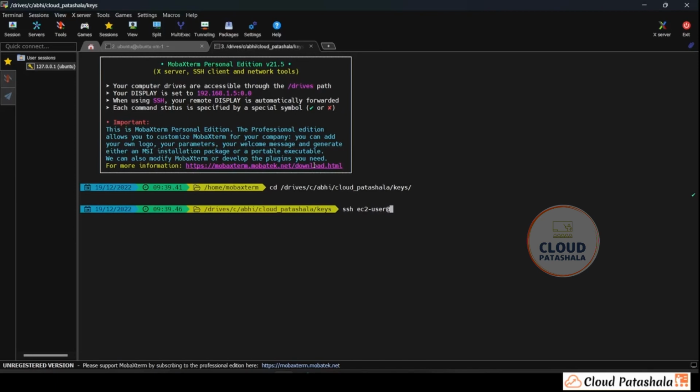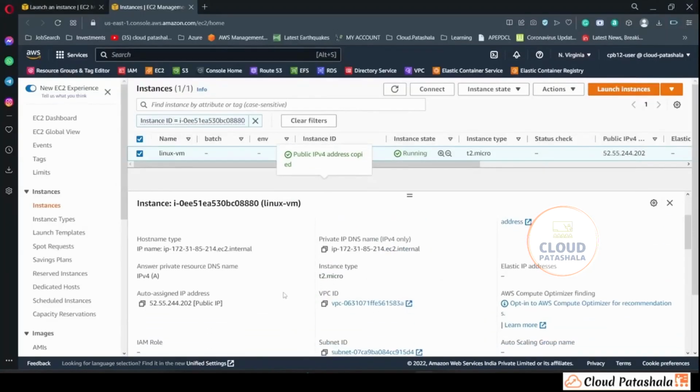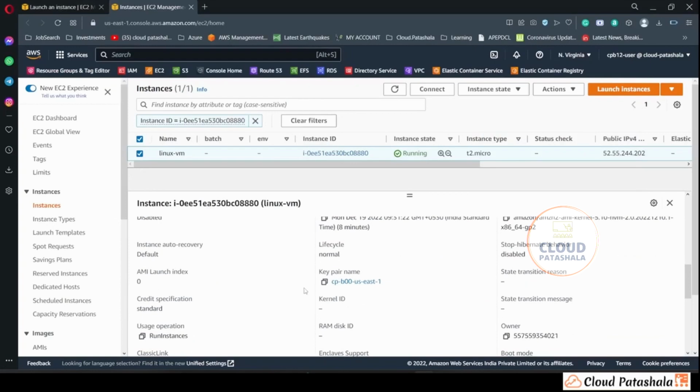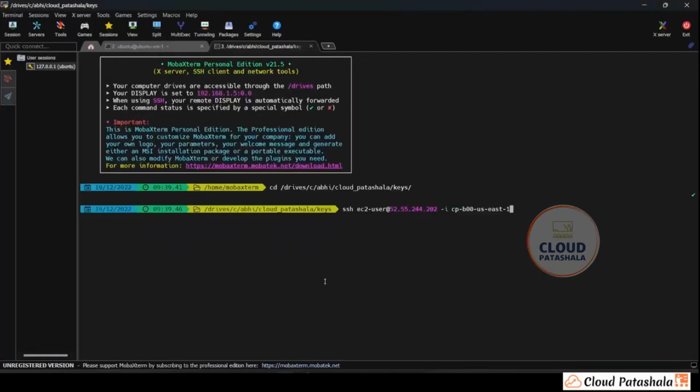In this case, the username would be ec2-user because I'm using an Amazon Linux virtual machine on the cloud, and then the IP address. Then I would be providing the identity file, and I could get the key information from the AWS console itself, which is this